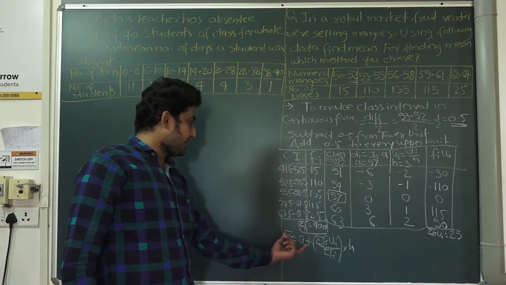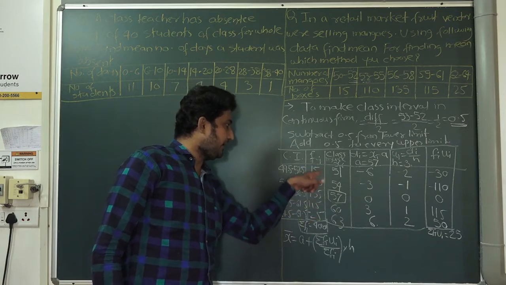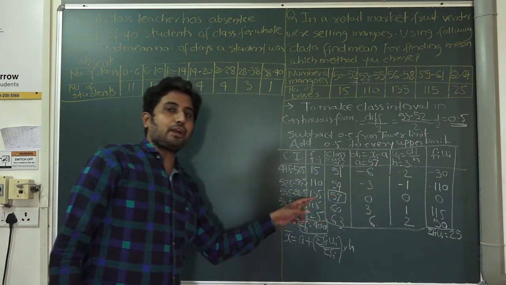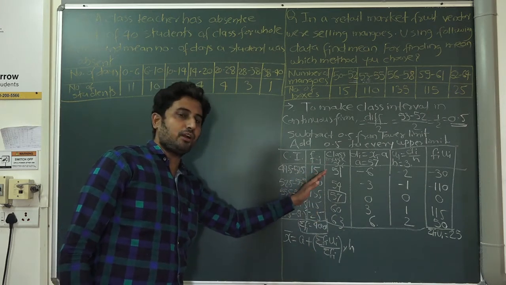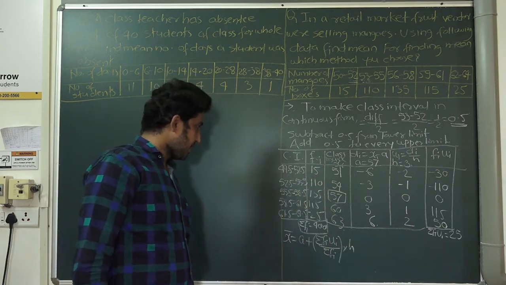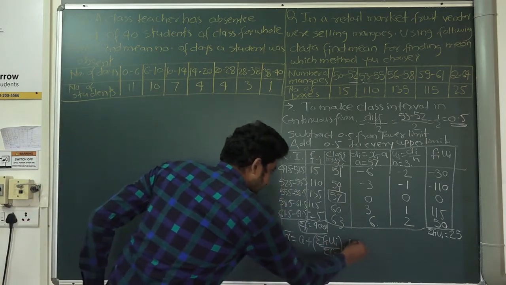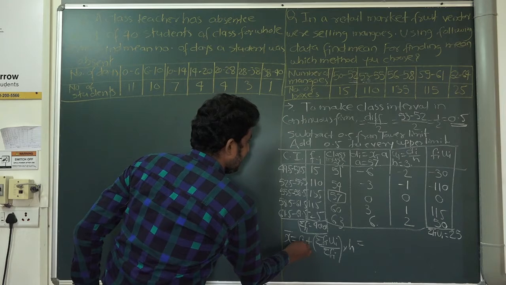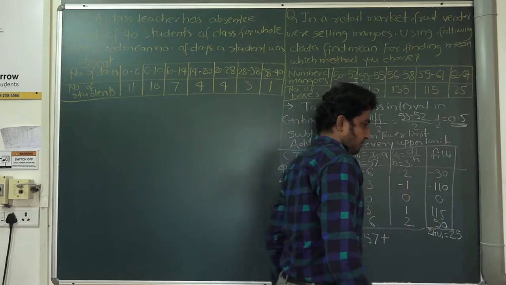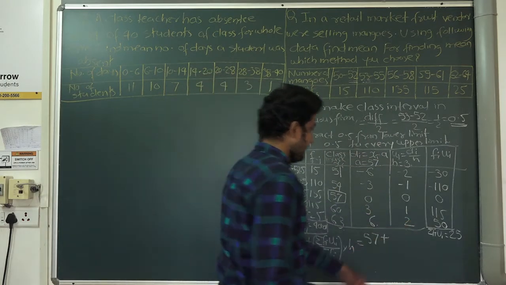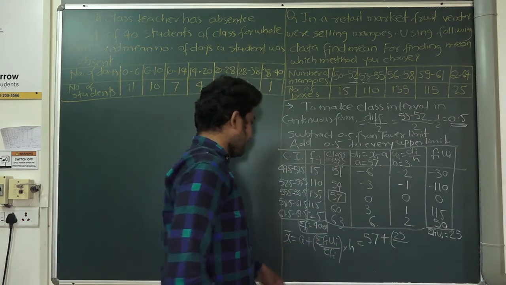What is a? And we use this assumed mean method. Why? Because the values of fi and di are greater. If the values are greater, then we have to use the assumed mean method. If the values are small, then we have to use the direct method. We will see the direct method in another example, right? So here, what is a, dear students? We know a is 57, plus summation of fi into ui is 25, summation of fi is 400.